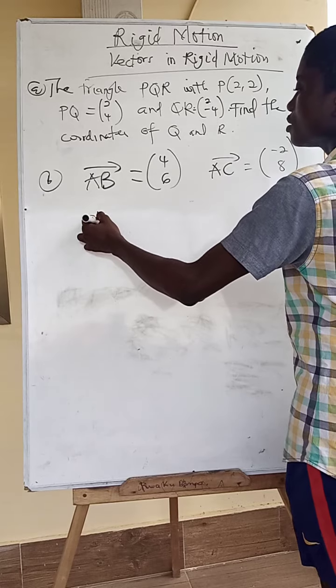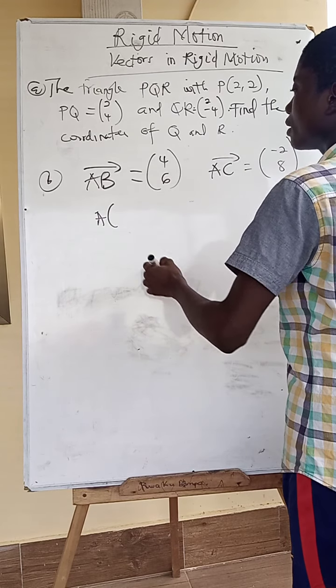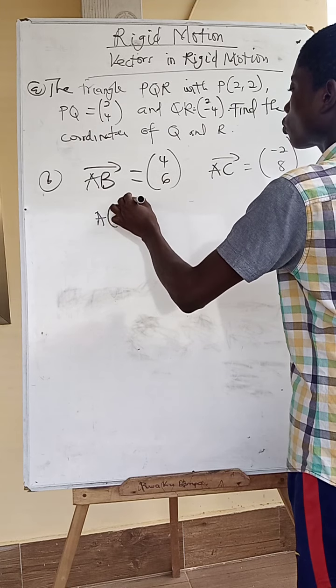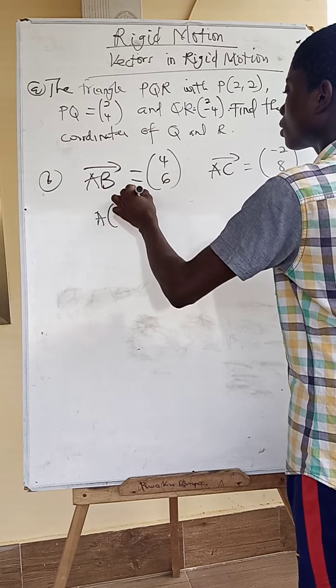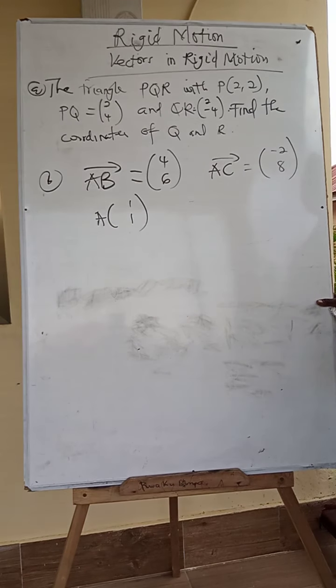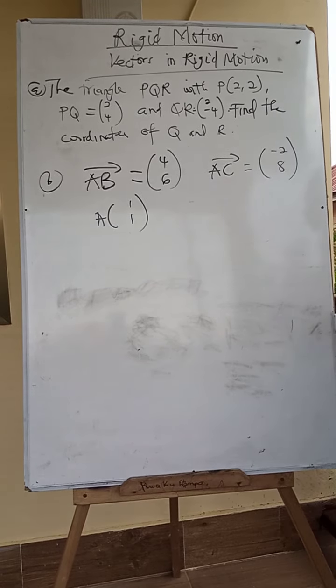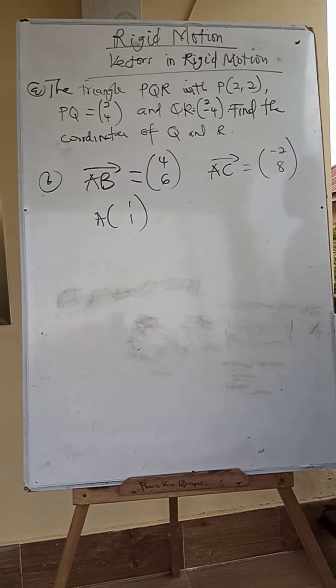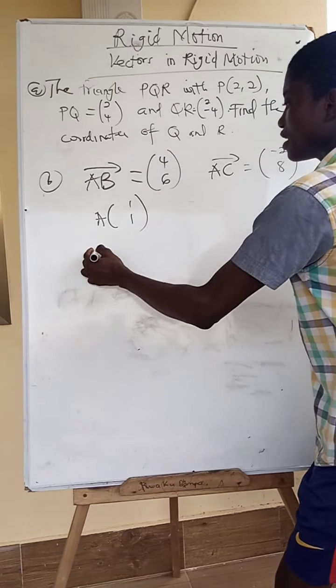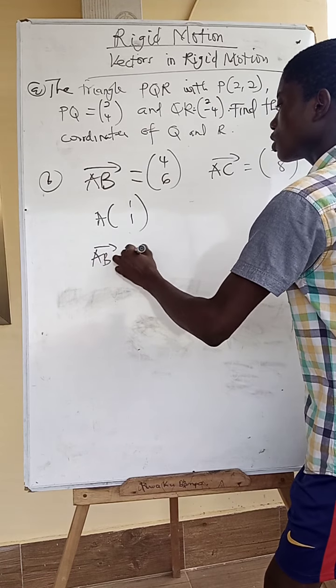And our A is 1, 1. You get it? Find the coordinates of B and C. You just have to take the vector AB equals